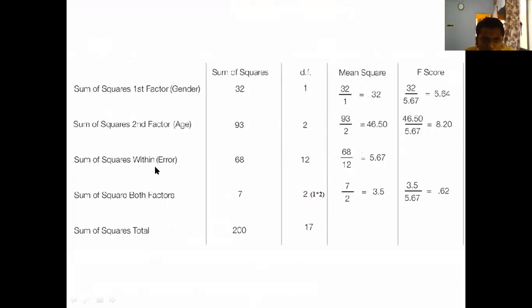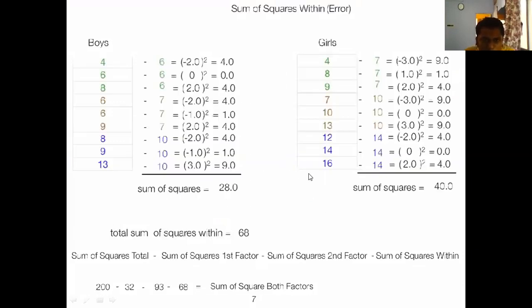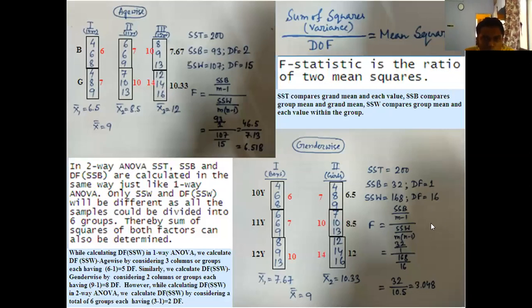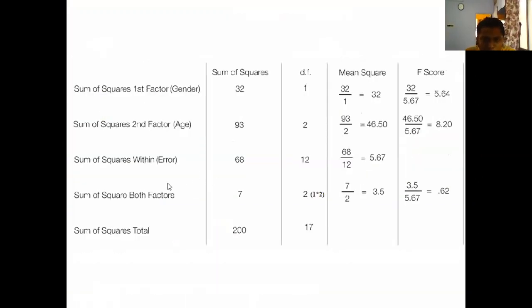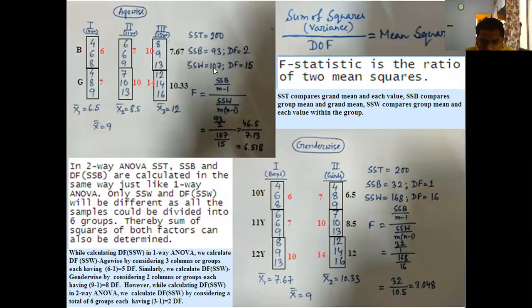Now the sum of square within will be different for one-way ANOVA and two-way ANOVA. That means the sum of square between will not be different for one-way and two-way ANOVA, but whenever you are calculating the sum of square within, these values will be different. How are you calculating that? Sum of square within means